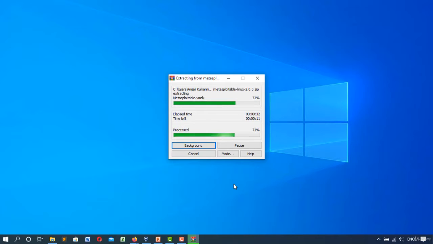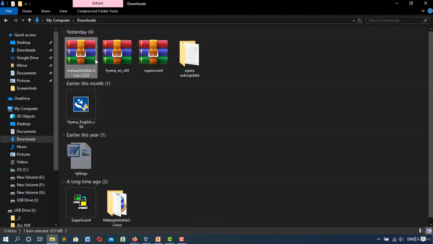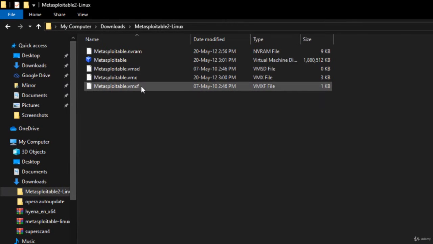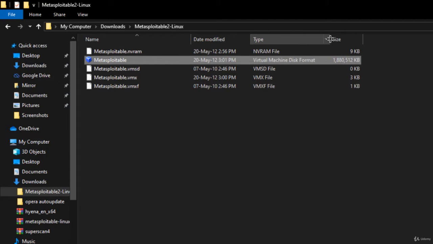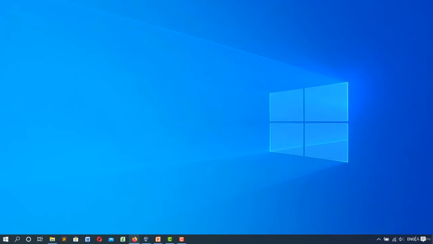All the contents of the Metasploitable now have been extracted. Navigate to the folder where you have downloaded the contents. You can see a folder Metasploitable, and you can also see different files. We are interested in the virtual machine disk format file. What's next? Go to the VirtualBox, click New,